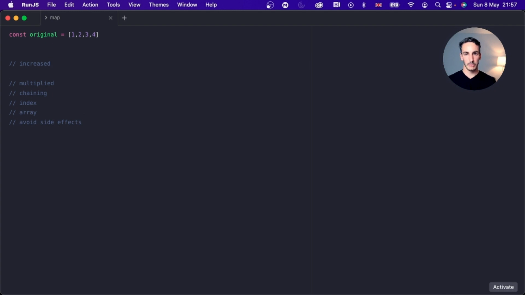So if we want to invoke the map method, we will need to type the name of the array, in this case original, dot, and then map. And what does map do? Map works in a way similar to a for loop. It will iterate over every single value on this array and it will transform it. And at the end, it will return, as a result, an array containing the same amount of values or items